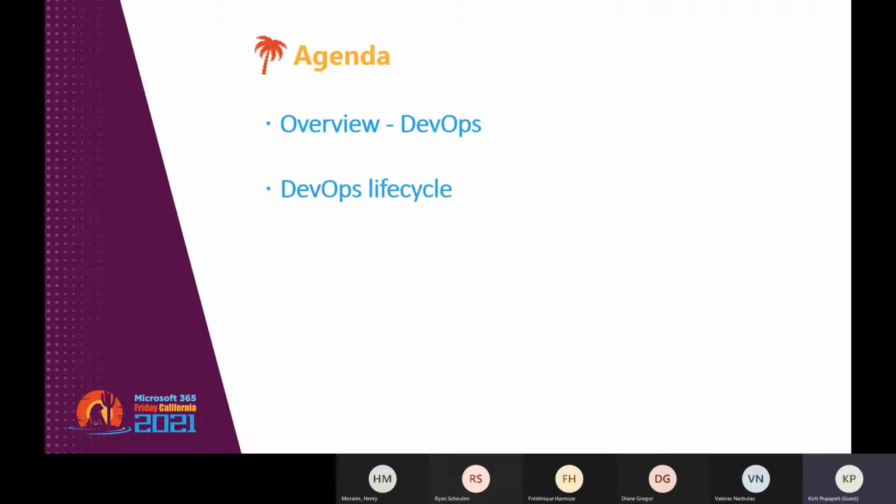Then I'll explain a few things about the DevOps lifecycle, because it is necessary to understand the different phases while we are using DevOps, because DevOps defines an agile relationship between development and operations. It is the process practiced by the development team and the operational engineers together from the beginning to the final stage of the product. So it's a whole life cycle I will explain. Understanding DevOps is not complete without understanding the DevOps lifecycle phases, so it is better that you understand the different phases available when you are thinking of implementing DevOps.